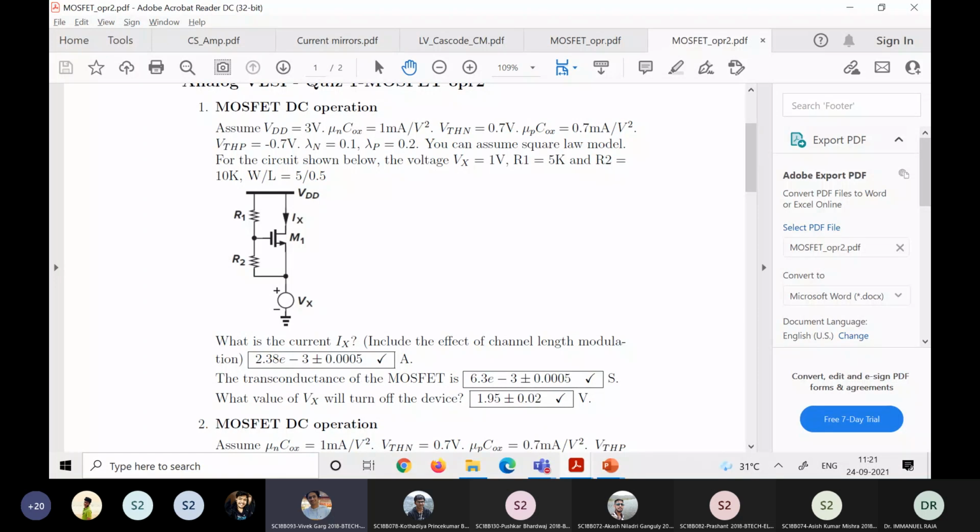If Vx was 1 in my case, I got the VGS value to be 0.66, which is less than VTH. How will you get 0.66? It is a resistor divider type of thing, right, sir? Correct. You have 2 volt, so 3 volt here. This is 1 volt here. So 2 volt into 10k divided by 15k. At the gate, it would be 0.6, right? 2 by 3. The VGS would be 2 by 3.